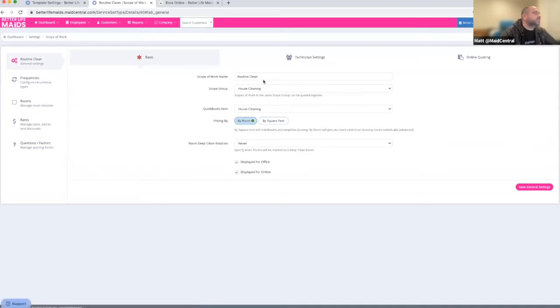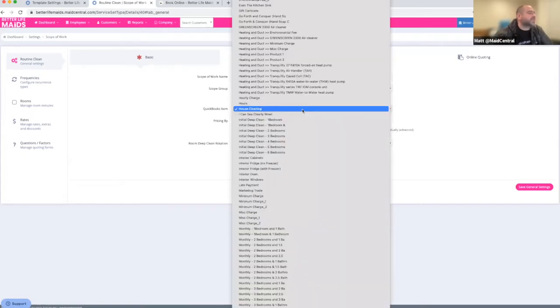So you can name the scope here, associate the individual scope group. Every scope item can have a QuickBooks item. So my chart of accounts in QuickBooks is a bit of a mess because I've been using QuickBooks for 15 years. And I used to sell products,